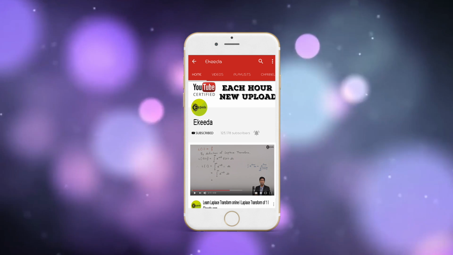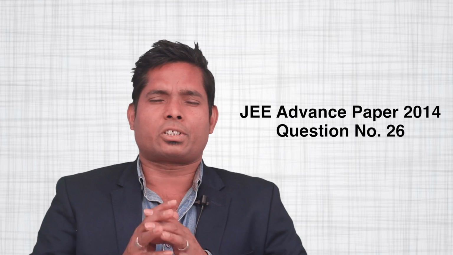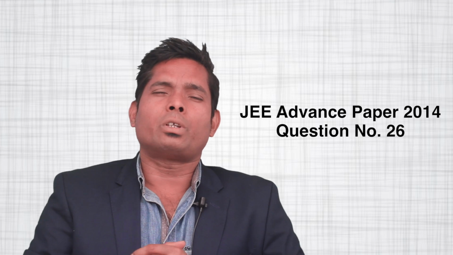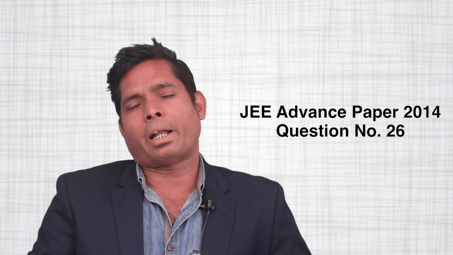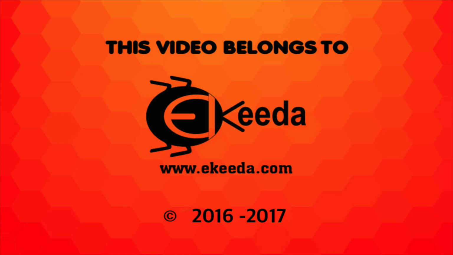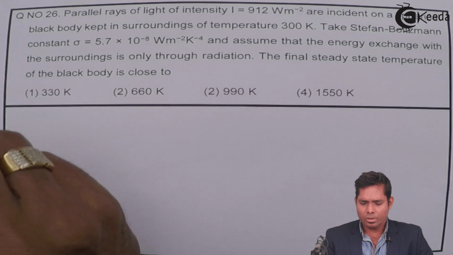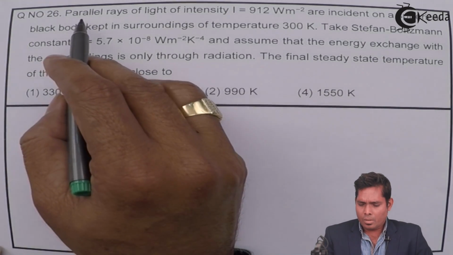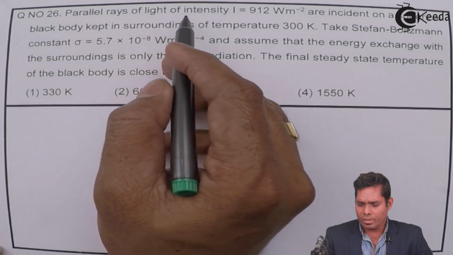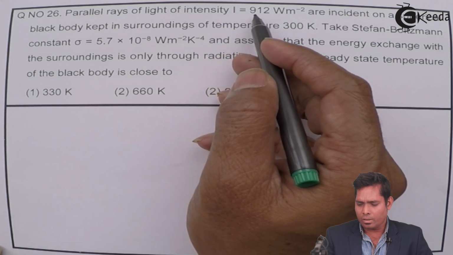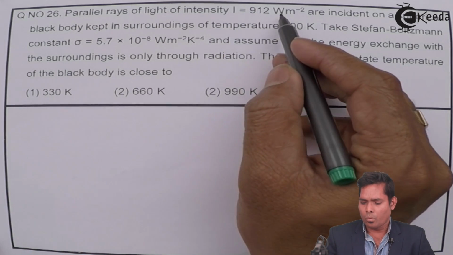Now, friends, let us solve question number 26, which is question number 6 of your Physics Paper 2, 2014, Advanced, paper code 8. Let us start with the question. The question says, parallel rays of light of intensity 912 watt per meter square